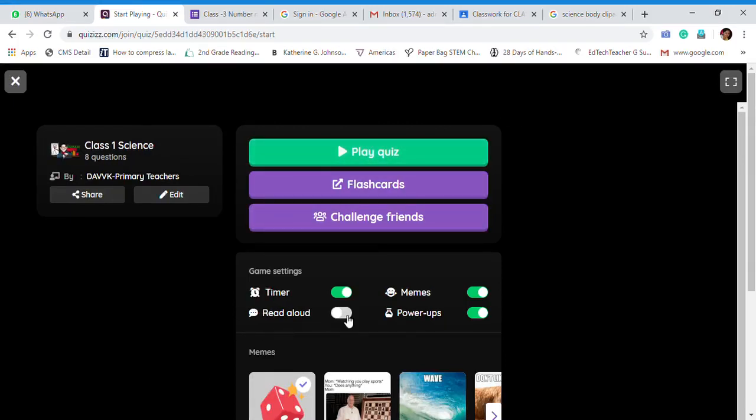Suppose you want to read aloud, you can click on this option, and power up, MEMS, timer. Or if you want to try the quiz without timer, you can click the timer off, and now play.